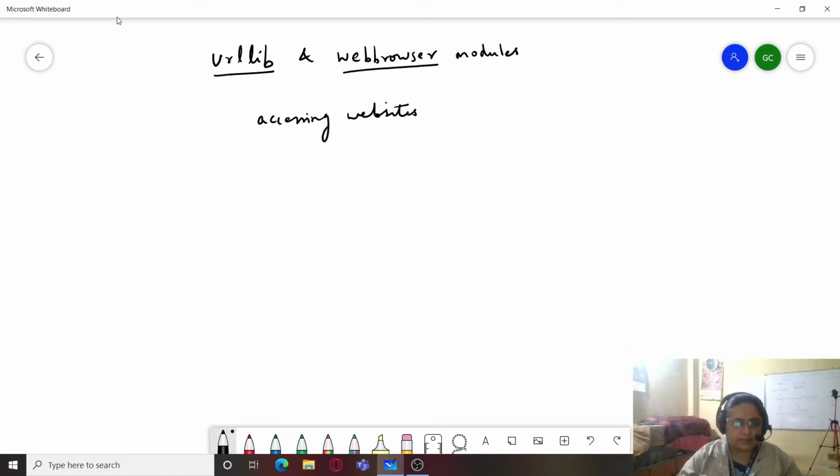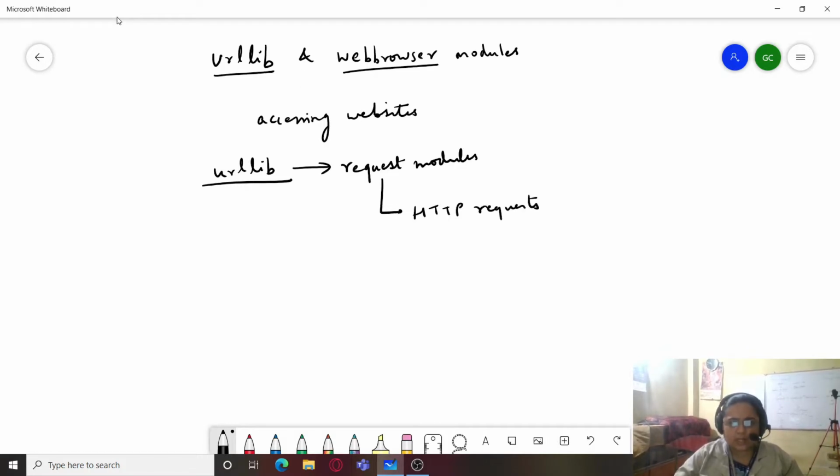Firstly, we have urllib. urllib is a huge library which contains a number of different modules, out of which there is a very interesting module, that is the request module. This request module helps us to send HTTP requests to the web server